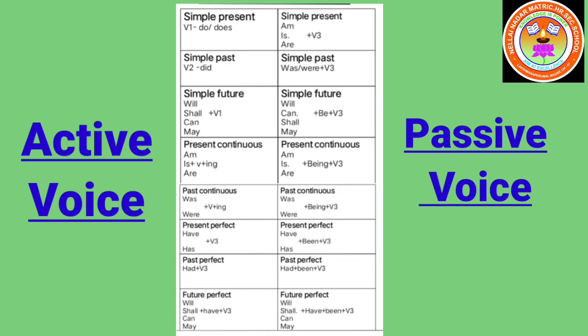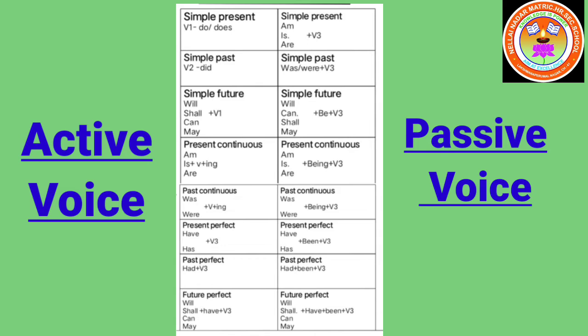We know the kinds of tenses. The first one is simple present tense. What is simple present tense? It has only one verb form, the V1, the first form of the verb, like do and does. Do and does is the form, not the exact action word. We can apply any number of action words here, like go, goes, come, comes, eat, eats, drive, drives. Any number of action words we can apply here.